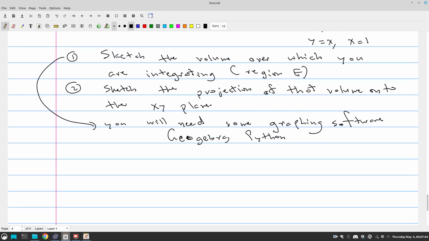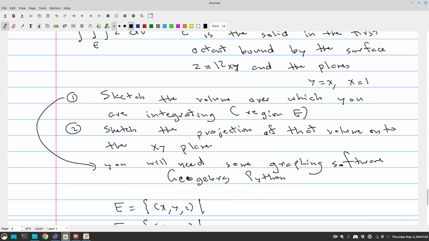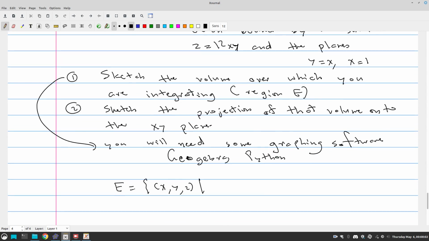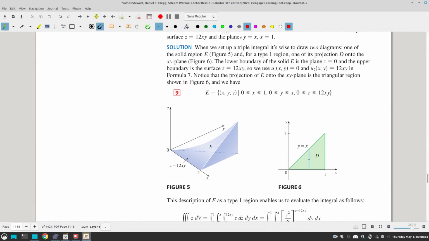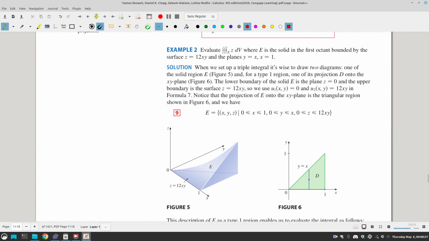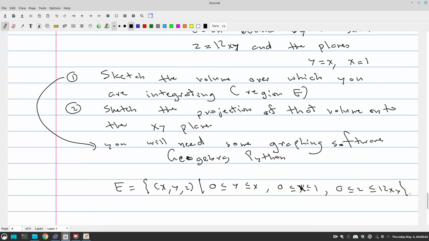Since the region E is in the first octant, we may write it this way: E is the set of those points (x, y, z) such that x goes from 0 to 1, y goes from 0 to x, and z goes from 0 to 12xy, right? So this part is of course the region D, and this is type 1,